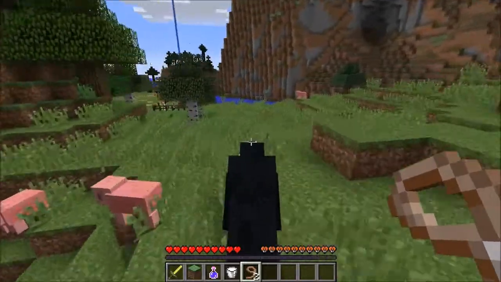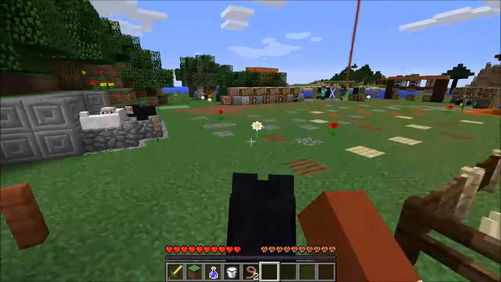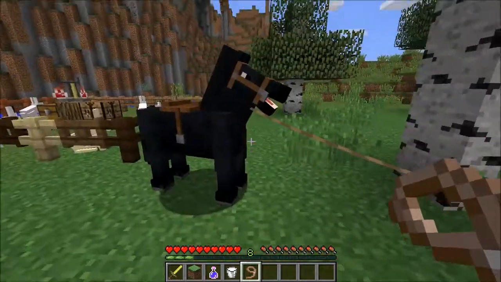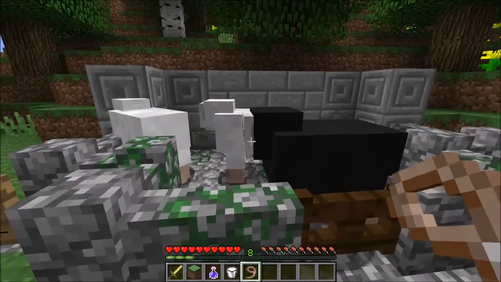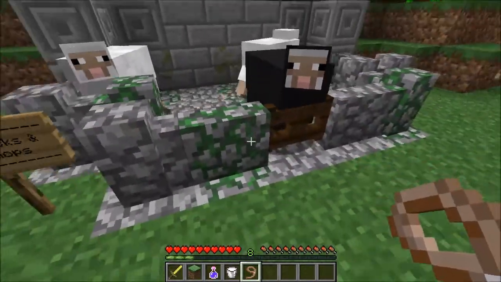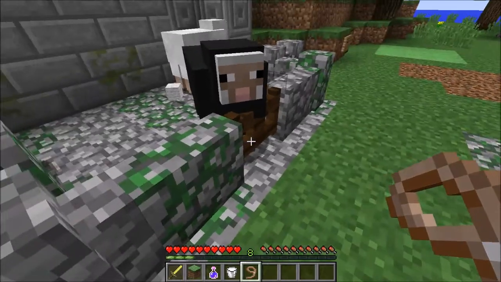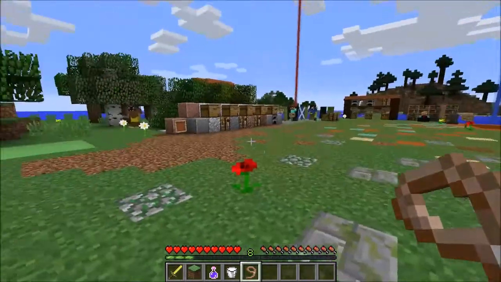This update's called the Bountiful update, and for good reasons, because there is a lot to look at in this update. So we're just going to go in and get started here. Let me hitch up Columbia there. Nice horsey, nice horsey. I wish I had some sugar for you, but not today. This is the first stand here. Mossy blocks and lamb chops. Mossy blocks are not quite new, but you can craft them now, and we'll show you how to craft them